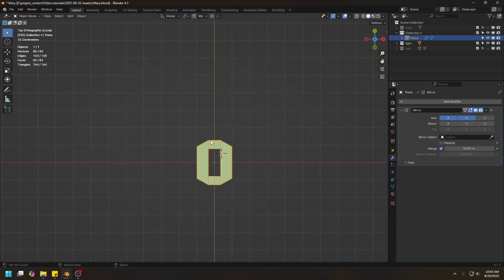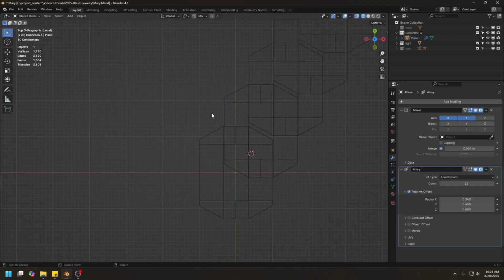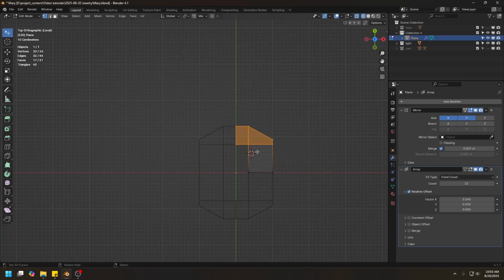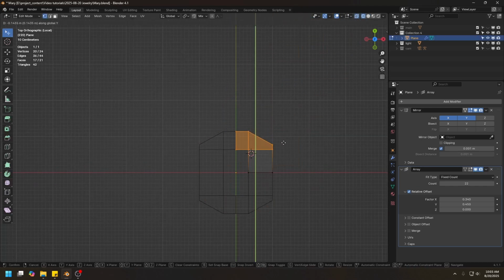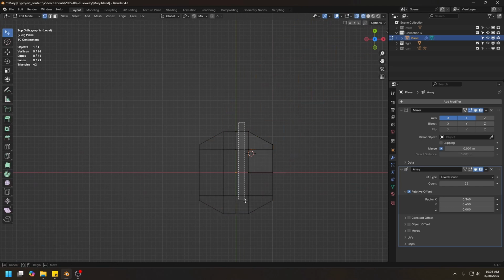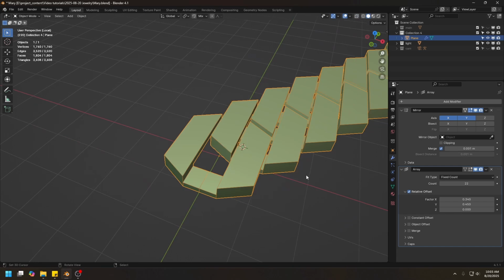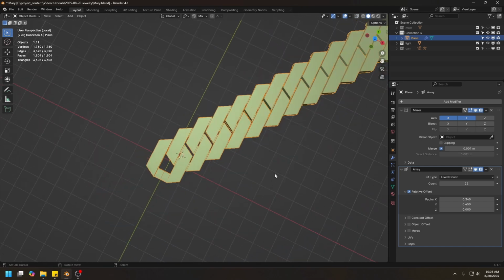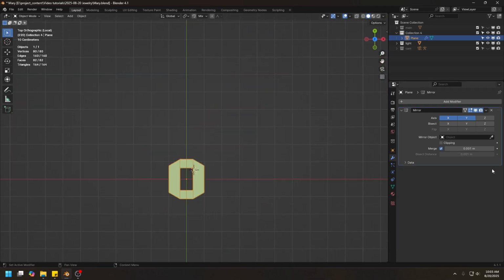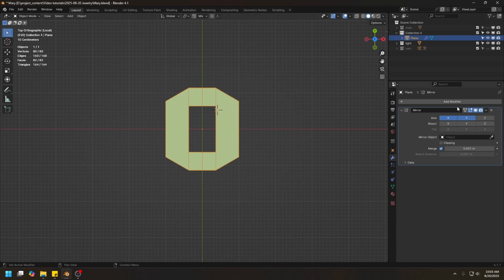like so, but I think the chain link is a little too long, so I'm gonna shorten it a little bit more and maybe add some space in the middle. Alright, that's good. Okay, so now we can get rid of the array modifier, and let's add a geometry node